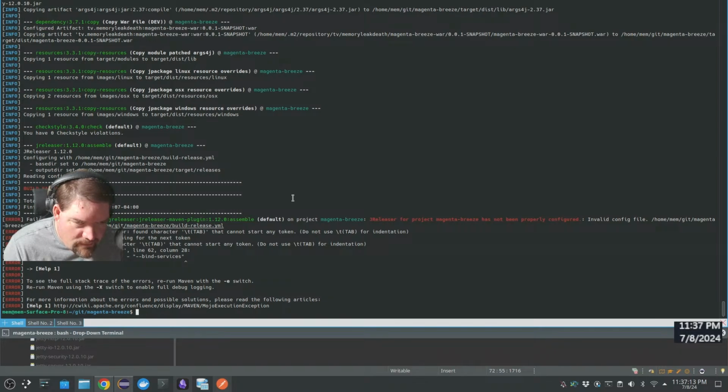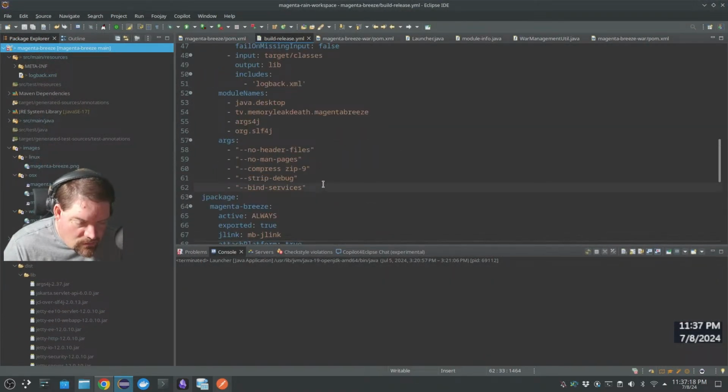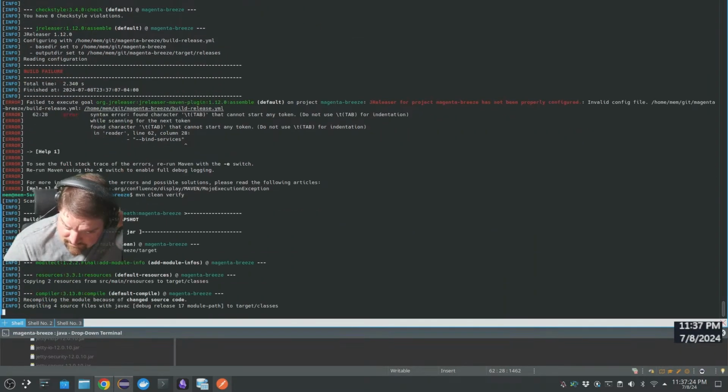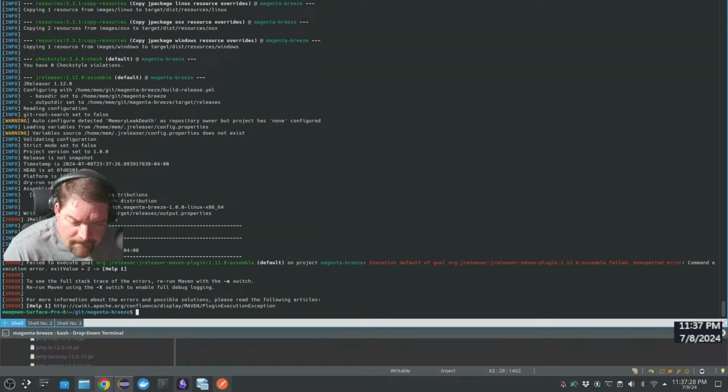Oh, at the end of the bind services. There we go. Try that again. Okay, so it doesn't seem like it liked that too much. Command execution error. So maybe bind services is not the